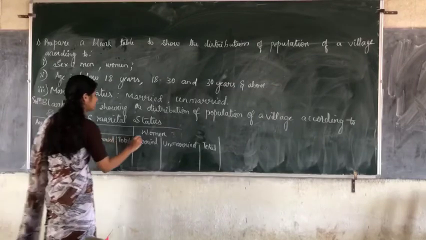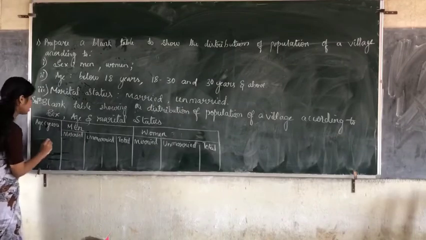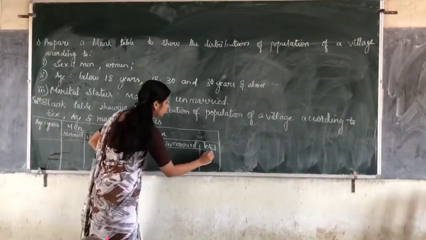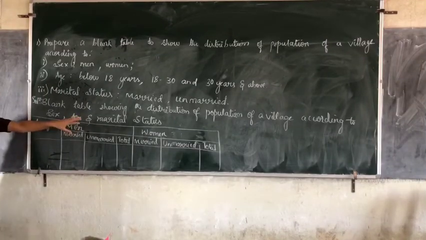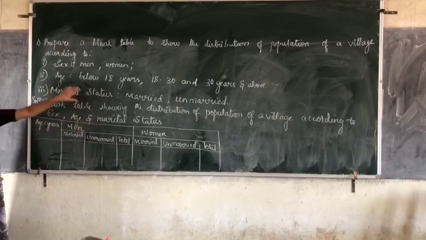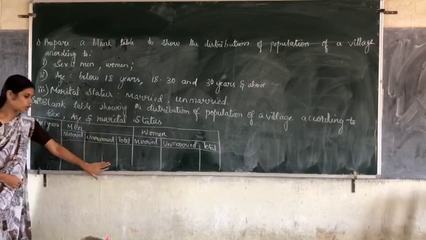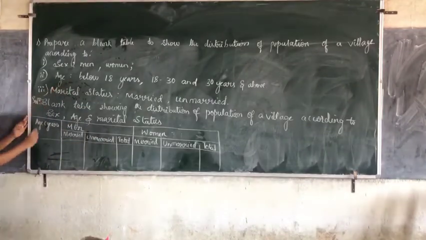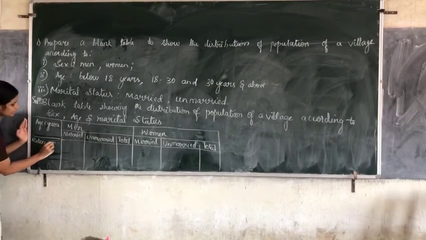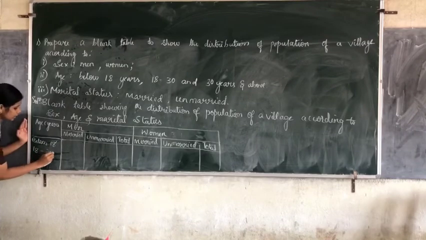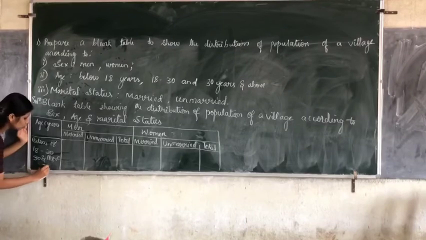Like this, you are going to present three characteristics in a single table. One characteristic you are going to present as row, and other two characteristics you can present in column. That is men and women, that is sex we have shown in column. Next, age groups, that we are going to show in row, whereas marital status again we are going to show in column. Now I will write the age group. Age groups we are going to write in row. So write it here: below 18, next 18 to 30, lastly 30 and above. Last row should be total.